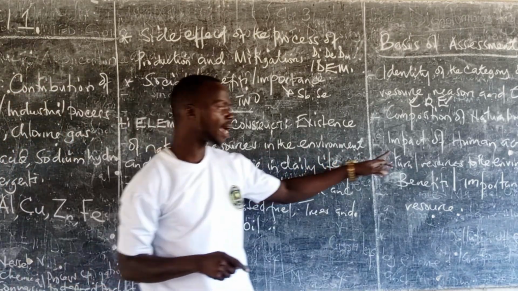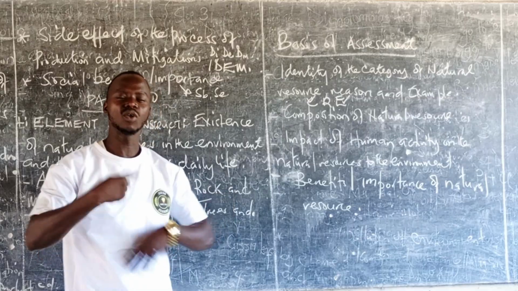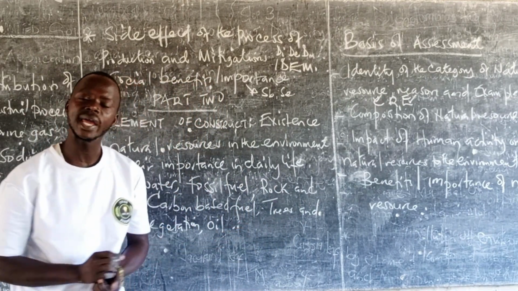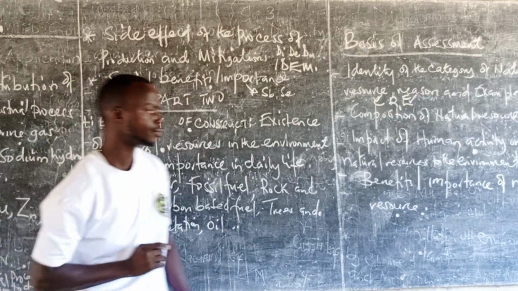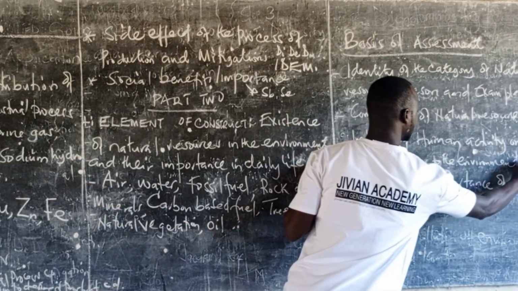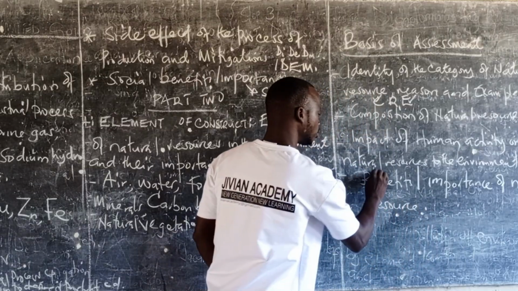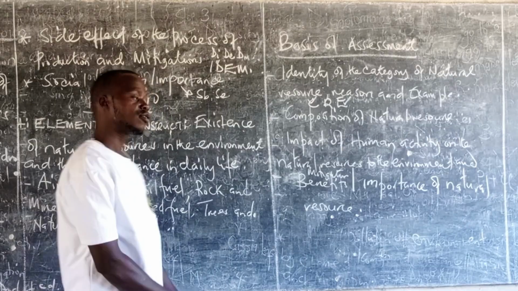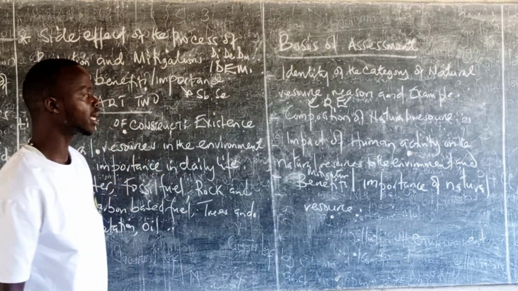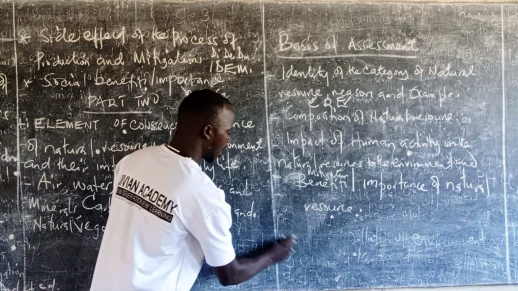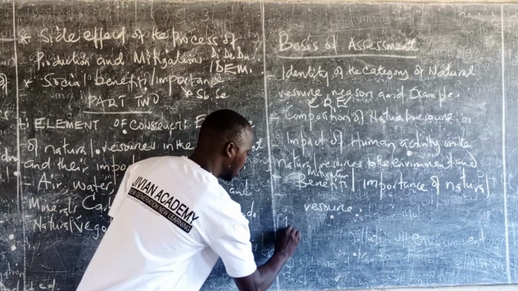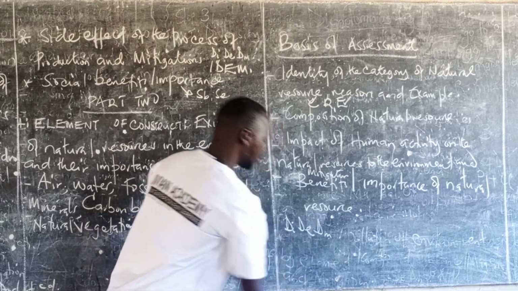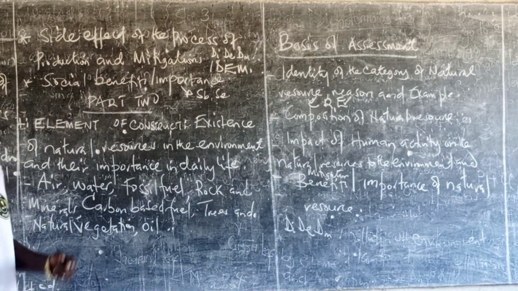So the learner must identify the human activity and then look at the impact of the human activity on the environment, and then go ahead and mitigate it. That was mitigating and mitigation. So here, the abbreviation that we use is DI, DE, DN. The impacts of the human activity